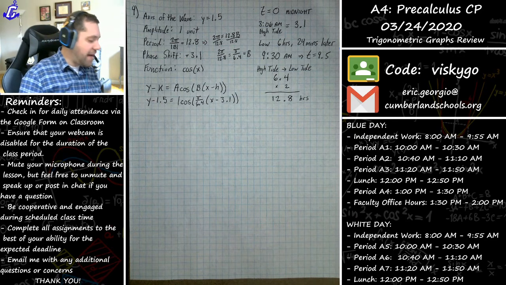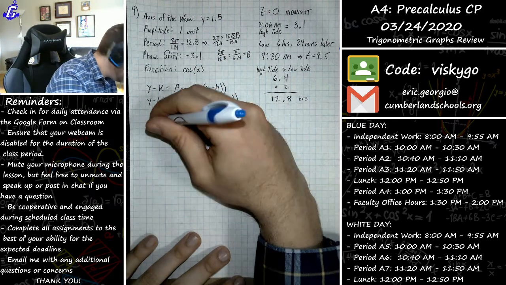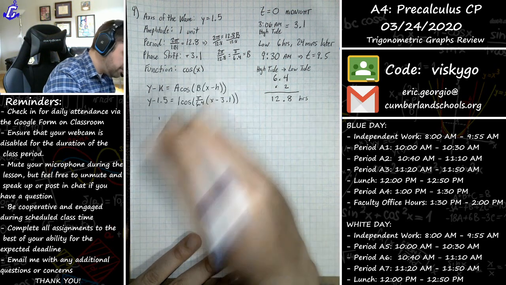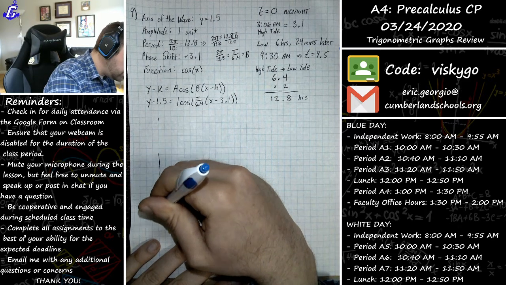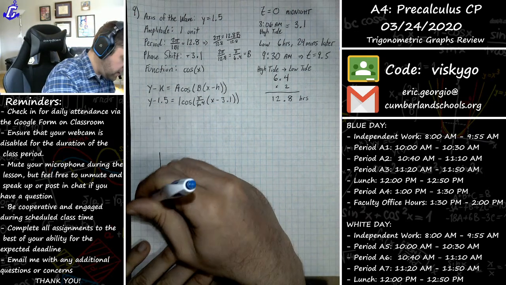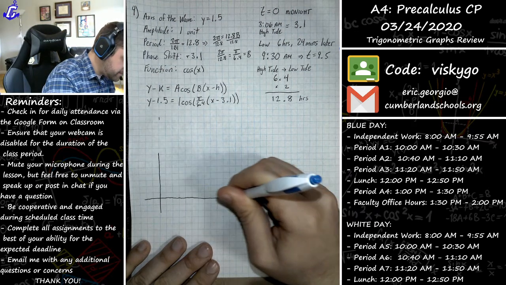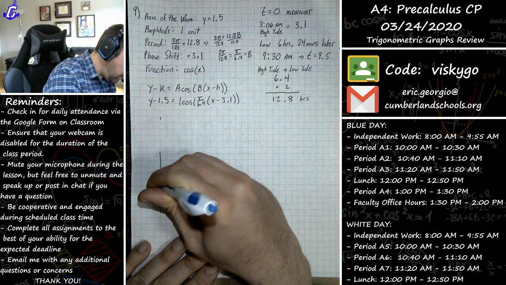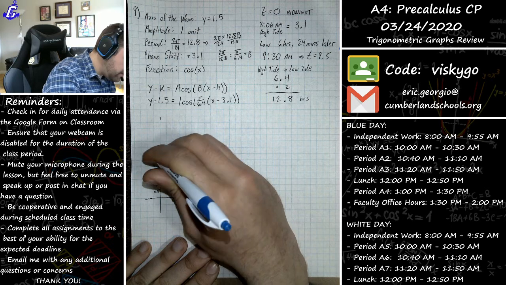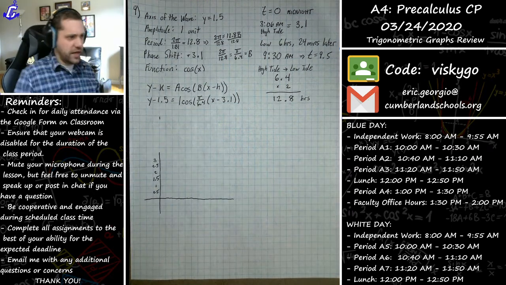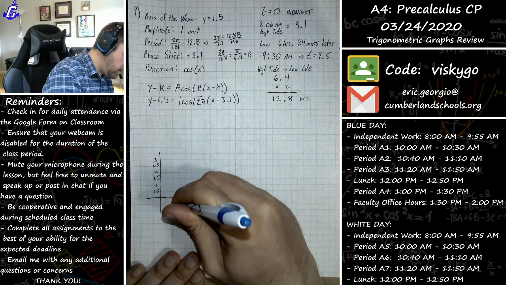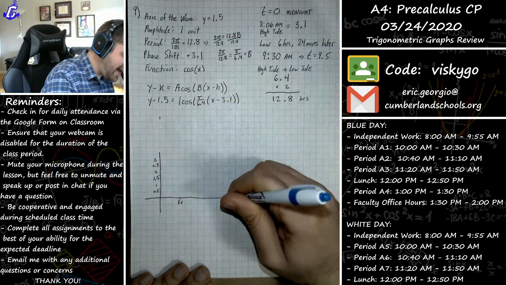Now to actually sketch a graph of that, it's not as tricky as you might think. In order to come up with a little bit of a better scale for the graph, I am going to, actually I'll do it down here. I am going to label the y-axis each as 0.5 units, just so it looks a little clearer. So we're going to make this 0.5, 1, 1.5, 2, 2.5, and 3. Just so the graph's not all squished together. On the x-axis, you know that we're starting at 3.1, right about there, and we're ending at,